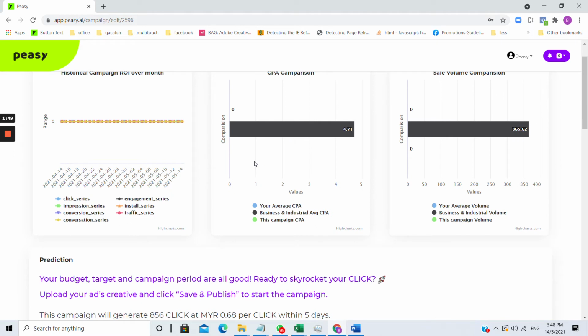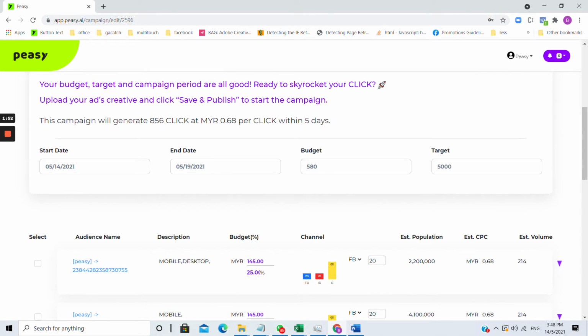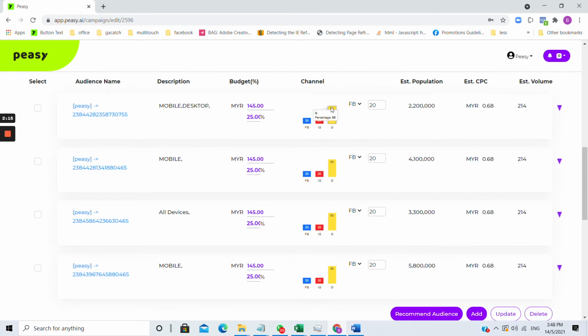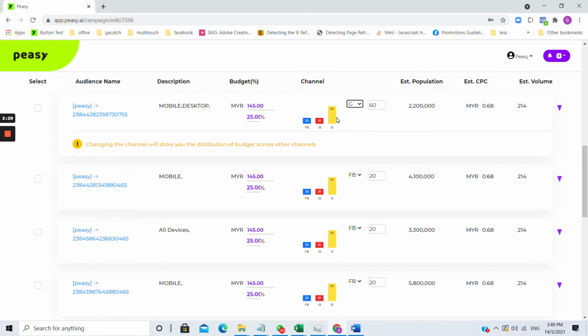Again, as usual, our AI would provide a prediction, a forecast of how many clicks you can achieve with this campaign even before you kickstart spending. And along with that, our AI will recommend the audience segment to target, the channel to use, the bid to set, as well as the budget split between the audience segments, 25%, 25%, and also the budget split across all the different channels. Now, as you can see, compared to the traffic conversion, lead, and engagement campaign, one of the major differences is that Google is included as a